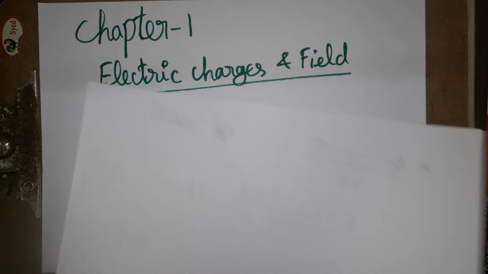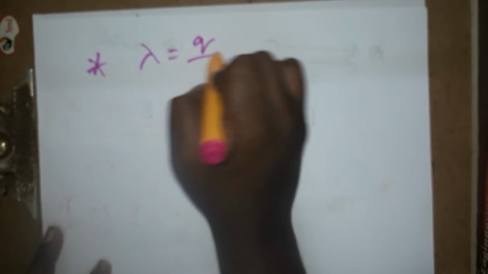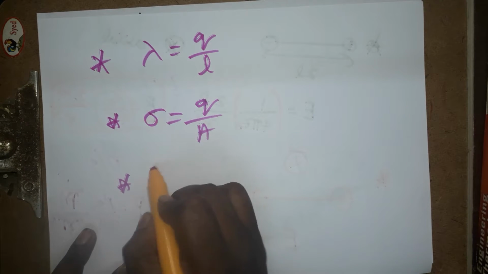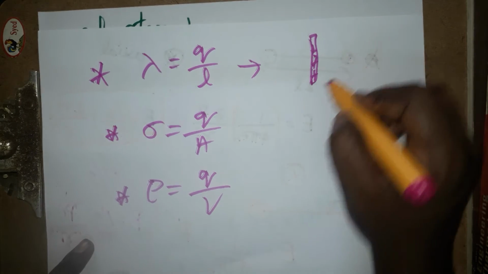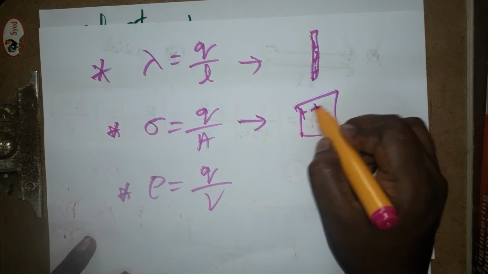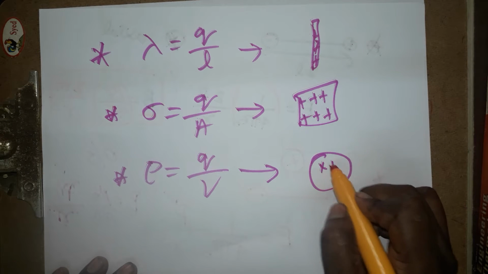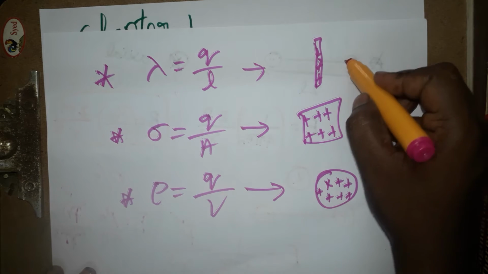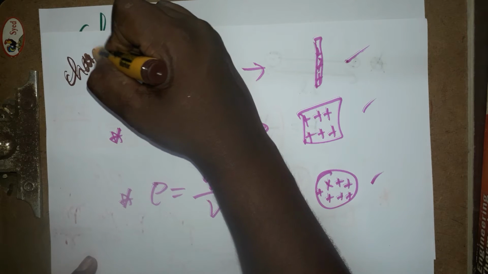Now, electric field due to the axial line and equatorial line, we are done. Now charge density: lambda is equal to charge per unit length, sigma is equal to charge per unit area, and rho is equal to charge per unit volume. For a line you can use lambda, charge per unit length. For a sheet you can use sigma, charge per unit area. For a sphere or cuboid you can use charge per unit volume. These are the formulas we are going to use in different cases: for line, for area, for volume. This is the charge density we are discussing.